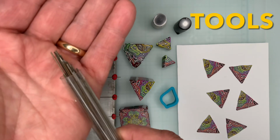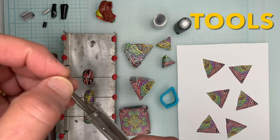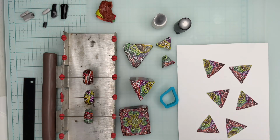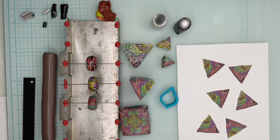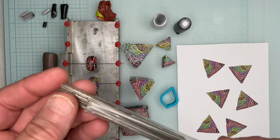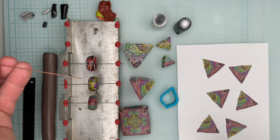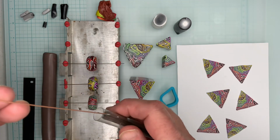Let's see if I can get that camera to go. Never seems to work. Anyway, these are the very thin steel pins. You can only get these at Creative. When you see other bead racks being sold for cheap on Amazon, those are knockoffs, and you do not get these types of pins with them. They are thick. Sometimes they're needles. These are super thin. There we go. You can see that sharp point. All right, so anyway,